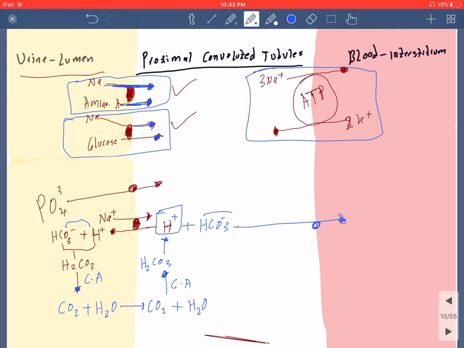So this bicarbonate is then able to go back into the bloodstream, and this is very, very important for acid base. This is used for the regulation when it comes to things like metabolic acidosis or metabolic alkalosis. And one thing that we need to keep in mind is that this antiport right here is actually stimulated by angiotensin 2. Okay, now this is very important